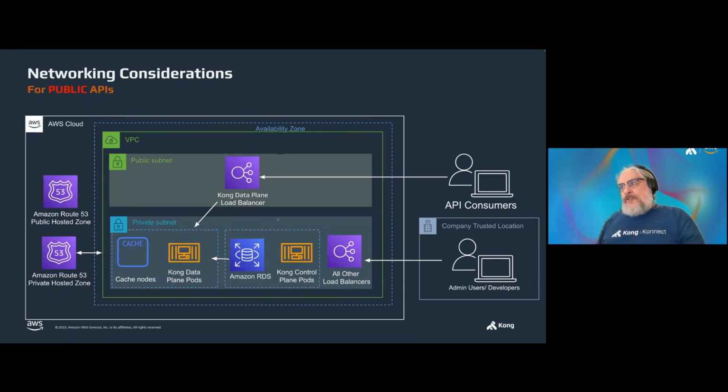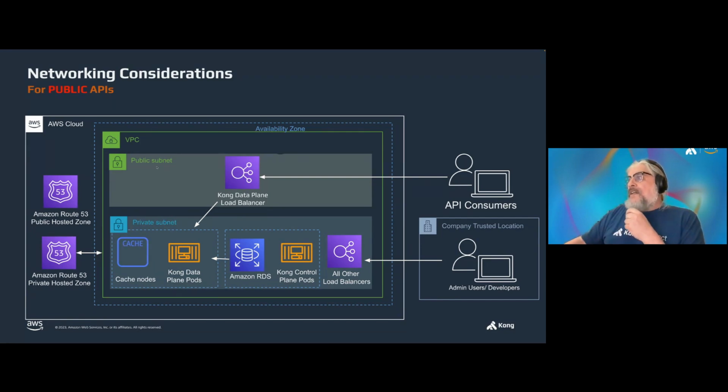So again, as a good reference, it would be great to have two load balancers, one deployed in your public subnet to expose the data planes to the API consumers. And the second one will be deployed in your private subnet because only admins should be able to hit this load balancer, and then of course the control plane sitting behind it. So that's a very, very basic deployment: two load balancers, one for the control plane, the second for the data plane, and then again the load balancer deployed for the data plane is going to be in